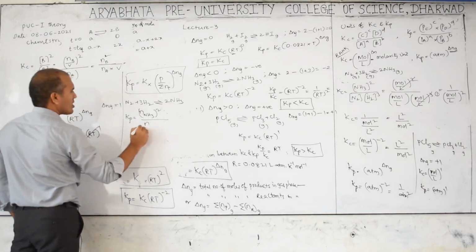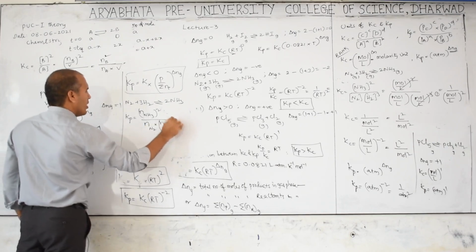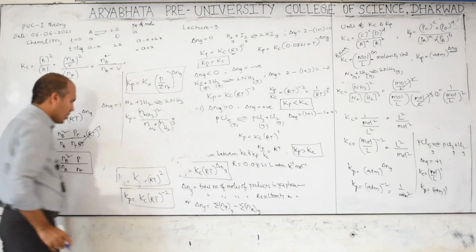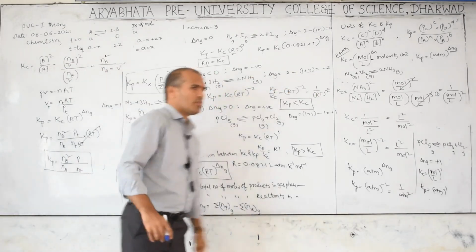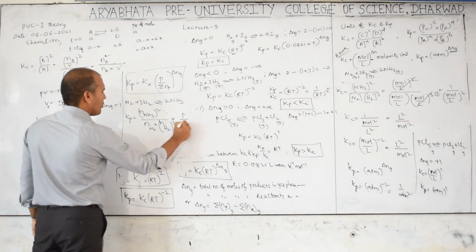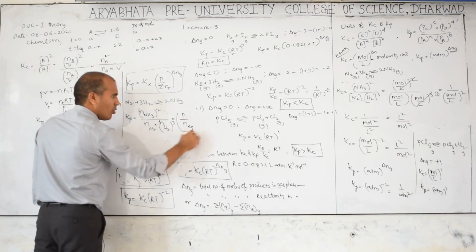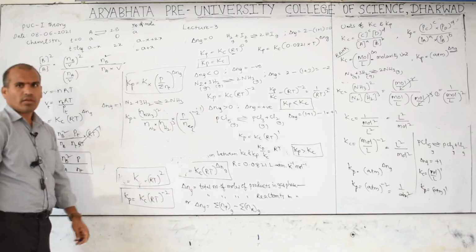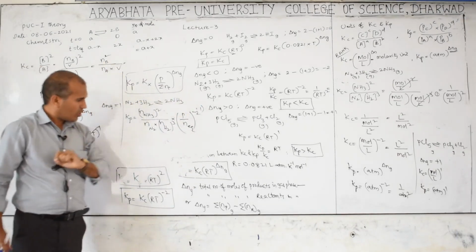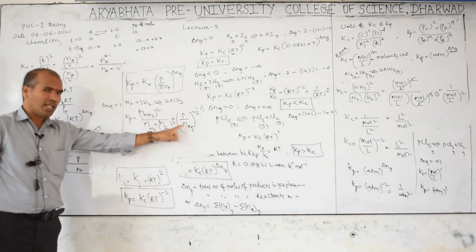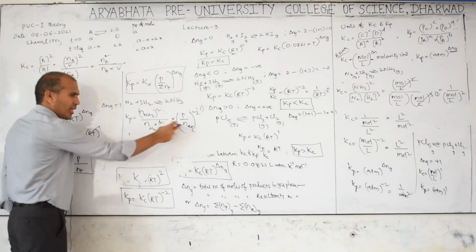Then number of moles of nitrogen multiplied by number of moles of hydrogen whole power 3, into total pressure. Now keep in mind in this general equation the delta Ng value is how much? Delta Ng value is -2. Then this is P power total number of moles at equilibrium. At equilibrium you have to write whole power -2. Okay, so like this we have to write, where I wrote like this expression for this equation, that equilibrium value you have to write this number of moles. Okay, now if you want to write this N equilibrium meaning,